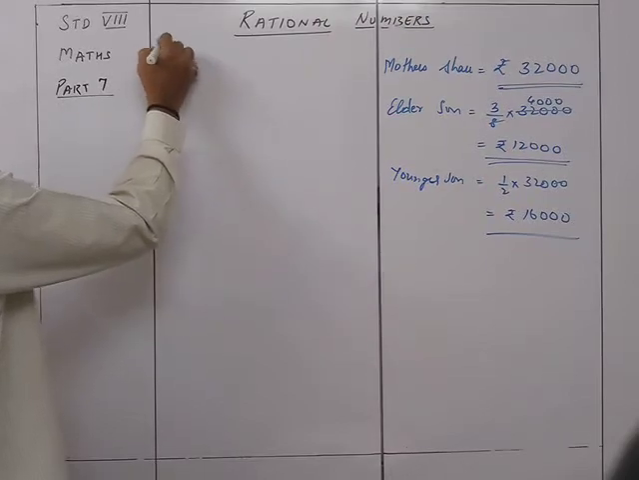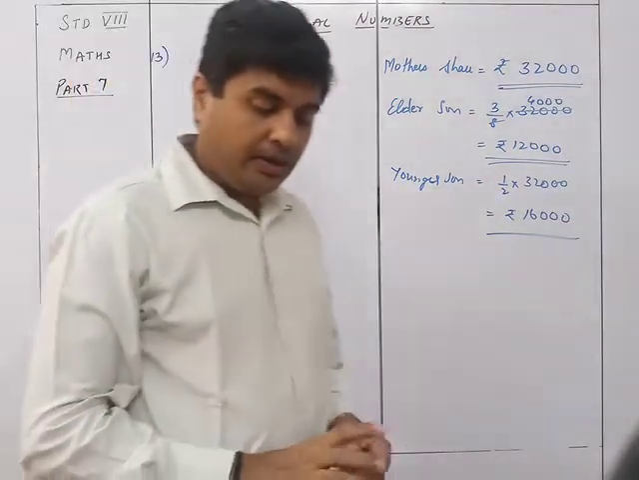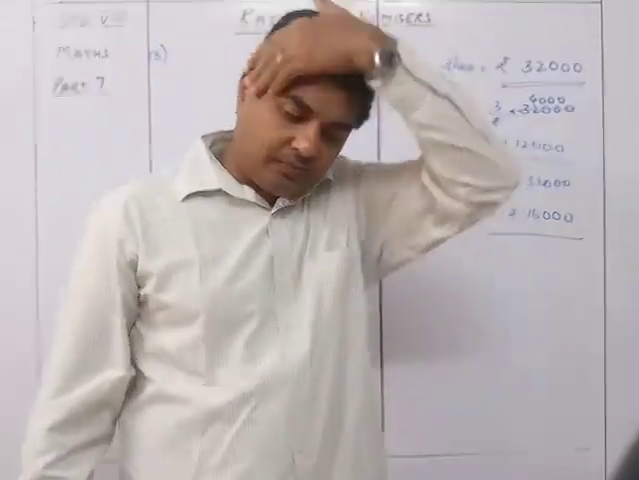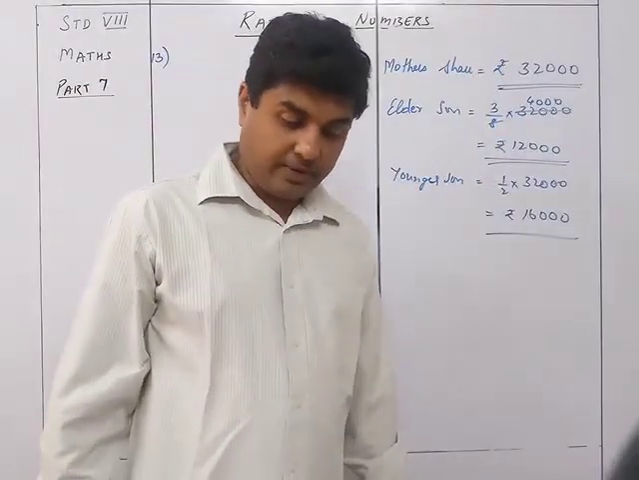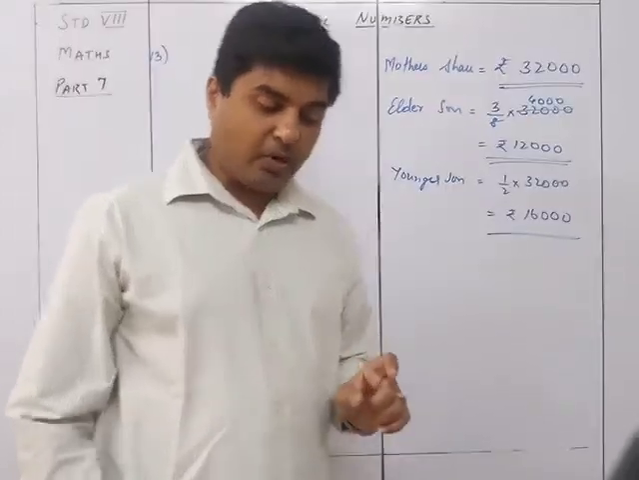Okay, sum number 13. In a class of 56 students, the number of boys is 2/5 of the number of girls. Find the number of boys and girls. So